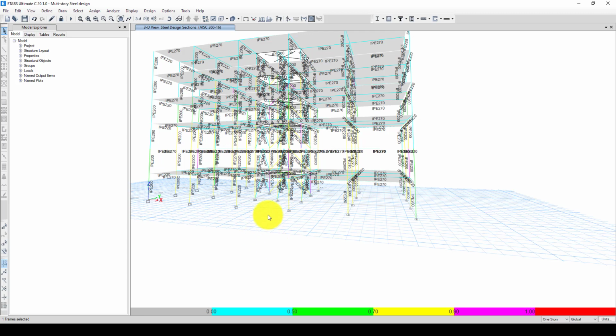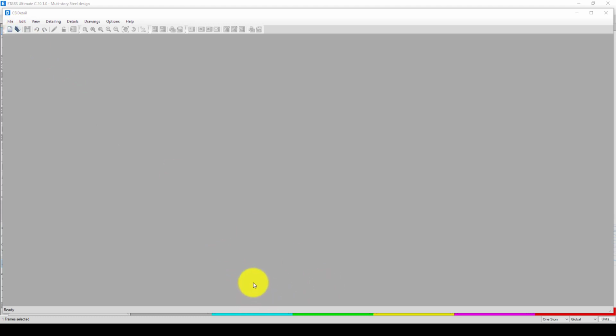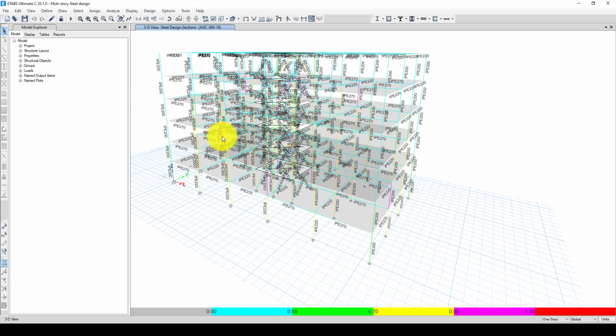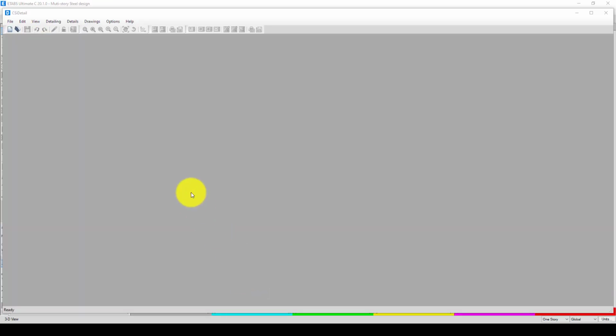So let me use CSI Detailing. Now we want to create a detailing. So for the detailing we have three options. One is we can use CSI XCAD, a newly developed plugin with AutoCAD, and also we can use CSI Revit as well. But I'm going to use CSI Detailing. And now this is CSI Detailing, and I'm going to create a new model here, a new one,